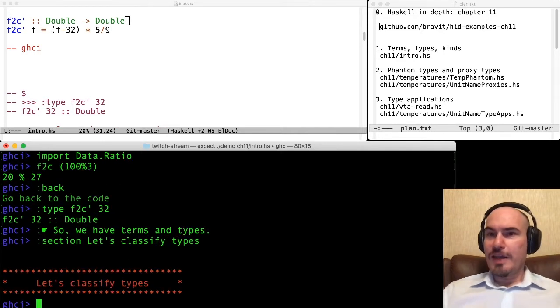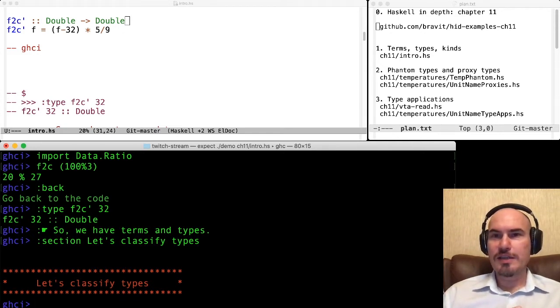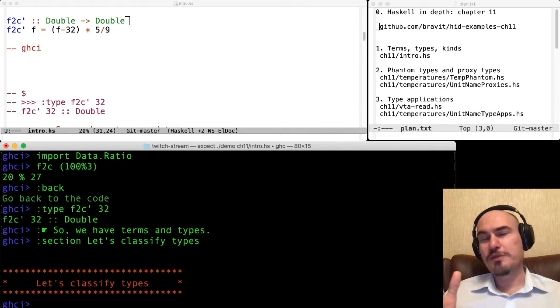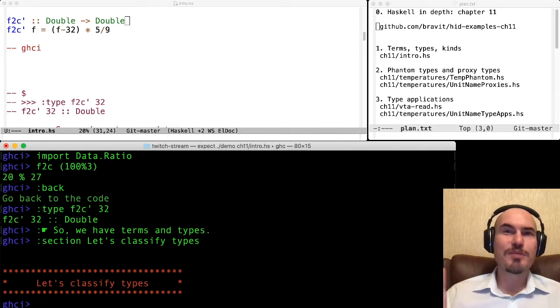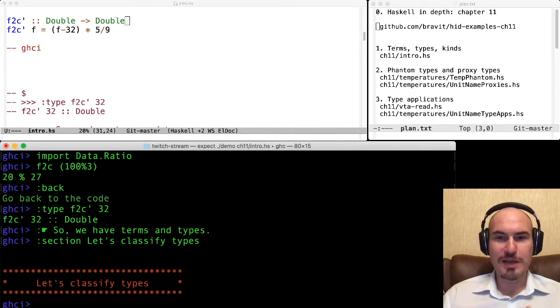But the next thing which is very interesting in Haskell, and we have types and terms in many programming languages nowadays, like in Java, in C# and many others, but besides them, in Haskell we also have kinds. It's a tool to classify types, and this is one of the most important tools for doing type-level programming.